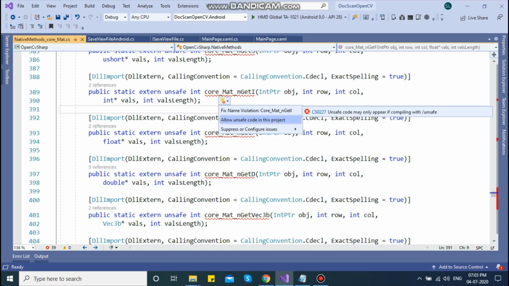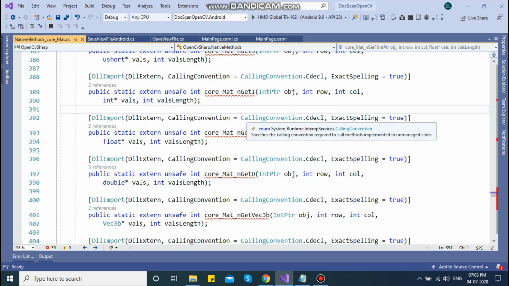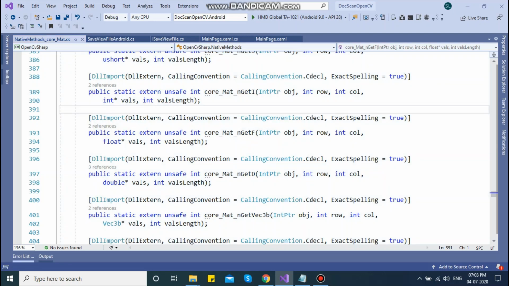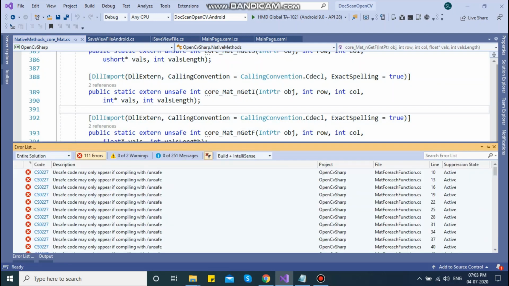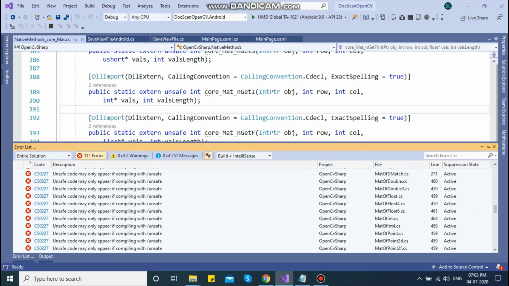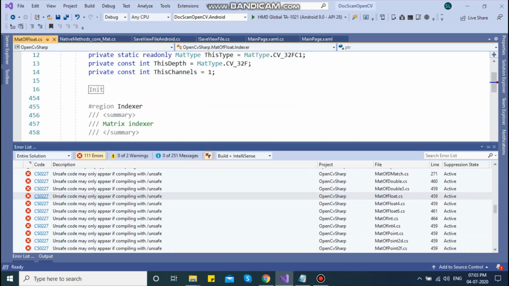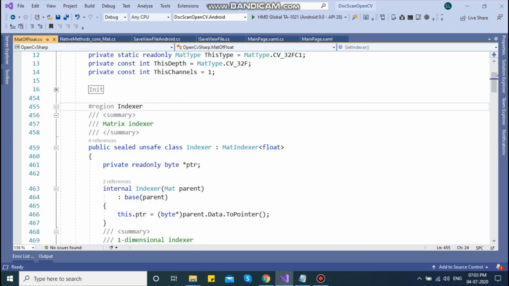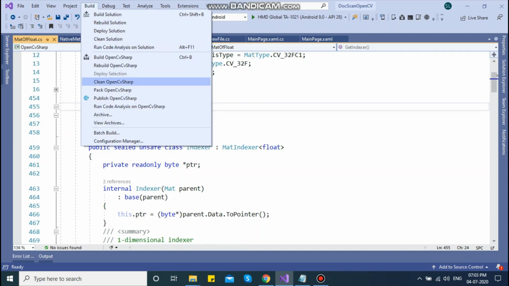You need to allow unsafe code in this project. So your errors will be gone. You need to clean this project.